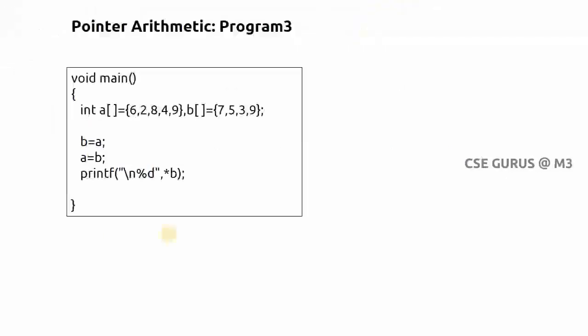Now what about this one? So here you can clearly observe I have taken A is an array and B is also an array. Compared to the previous one, B is only simply a pointer variable, it's not an array, but here I have taken B is also an array. Now how the execution will be, we'll see. So I have taken A is an array with the values, B is also, so B equals to A.